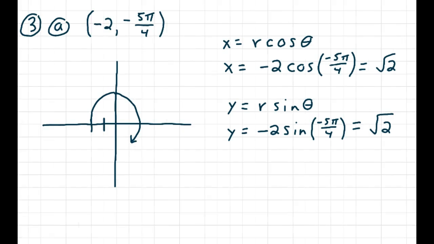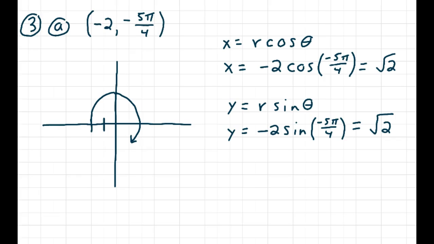Changing it to rectangular coordinates, if you know your unit circle, is pretty easy. So you have x is equal to r cosine of theta. R in this particular point is -2. Cosine of theta, which is -5π/4. You look at the unit circle and reduce that. You'll get square root of 2. Y is equal to r sine of theta. So y is equal to -2, which is the radius, sine of -5π/4, and you get